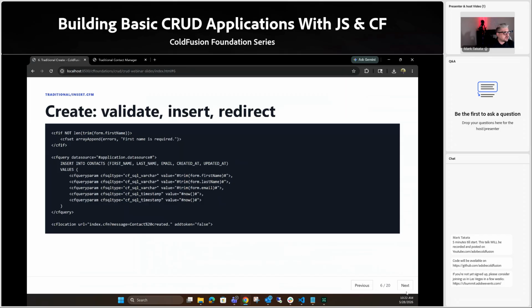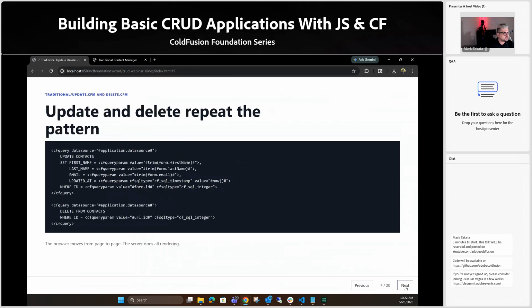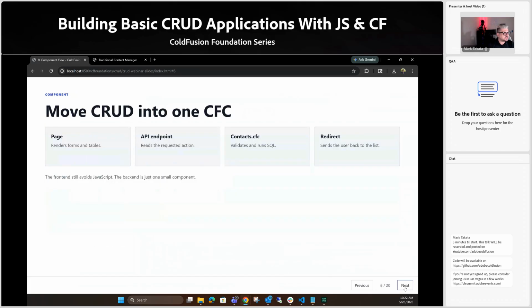So again, yeah, creation, validation. This is some of the code, kind of stripped away from all the other stuff. There's your insert. There's your updates, deletes. Okay,